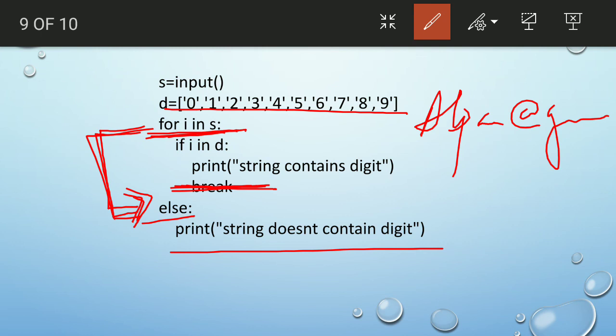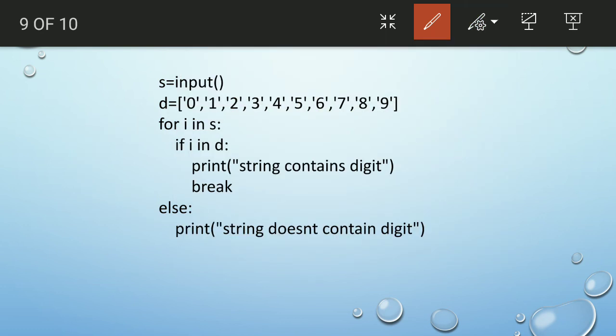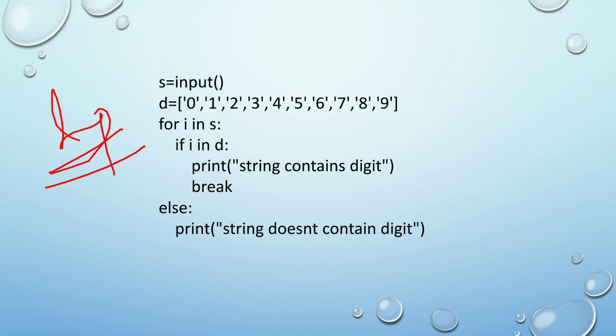For example, I had given alpana@gmail.com. So i will be taken through alpana@gmail.com. Does it contain any digit? No. Since it does not contain any, the break statement is not executed, so the else statement will be executed and we will print that the string does not contain digit. Hope you got this question. This is also a good question as well as important. So trace the program, and you will understand.